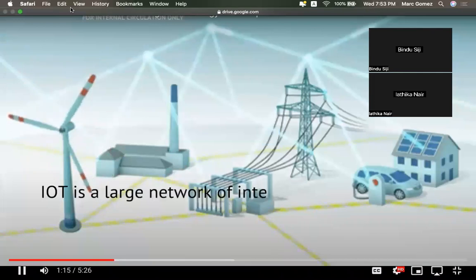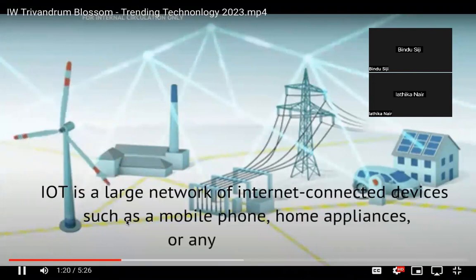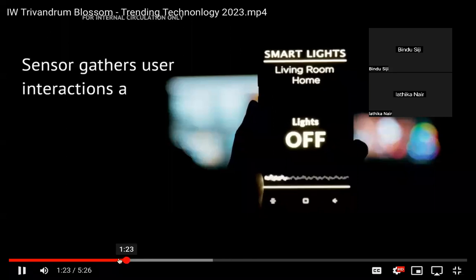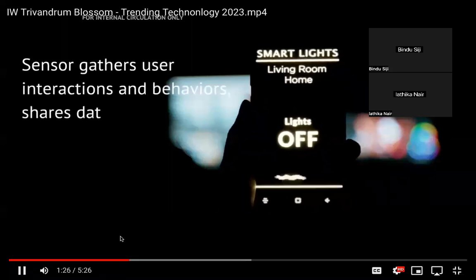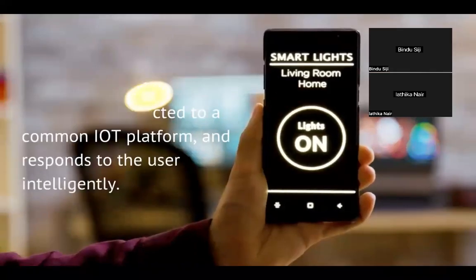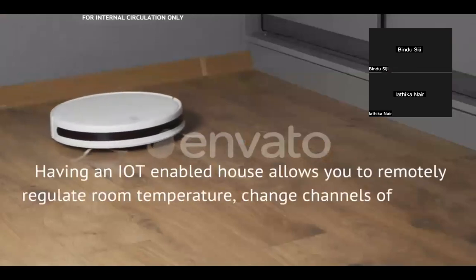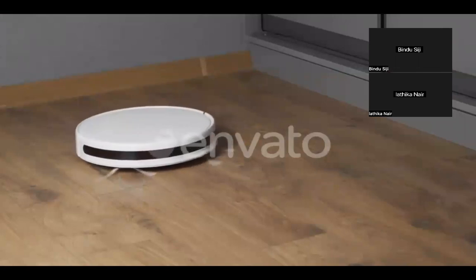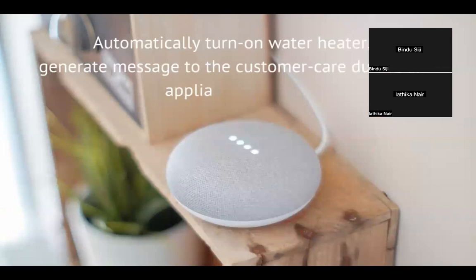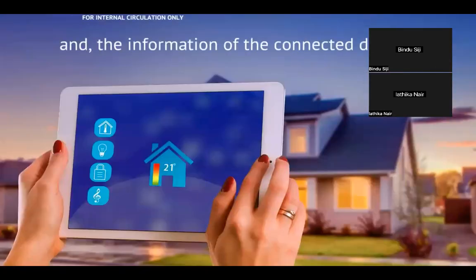Cannot hear the sound. ...network of internet connected devices such as a mobile phone, home appliances, or any smart device. Sensors gather users' interactions and behaviors, share the data collected to a common IoT platform, and respond to the users intelligently. Having an IoT-enabled house allows you to remotely regulate room temperature, change channels of a smart television, automatically turn on water heater, generate a message to customer care during an appliance failure, and the information of the connected devices is